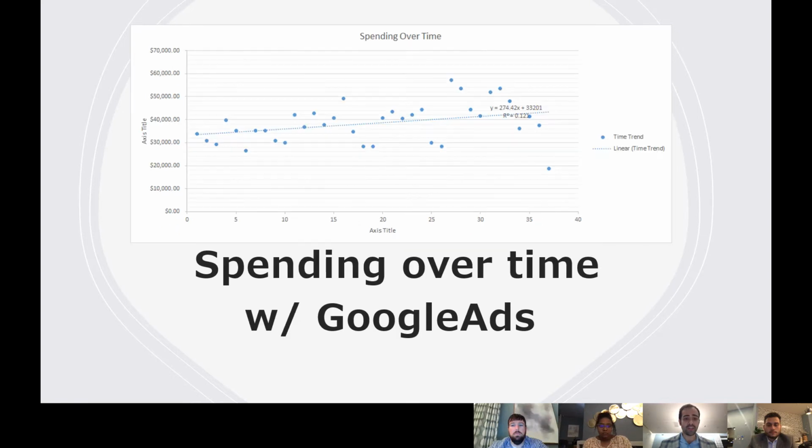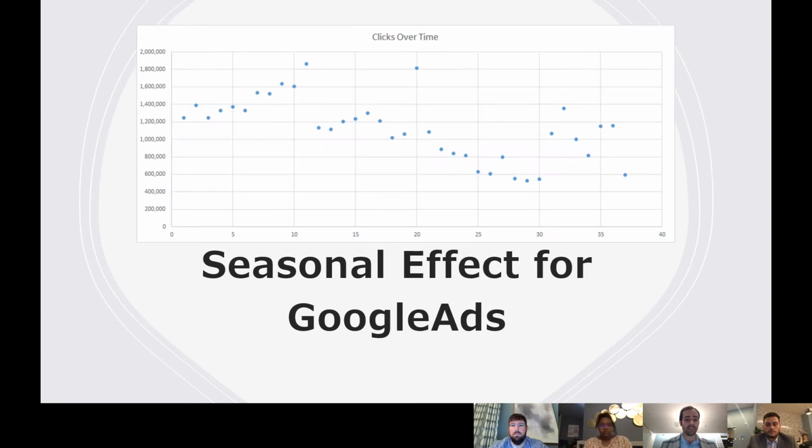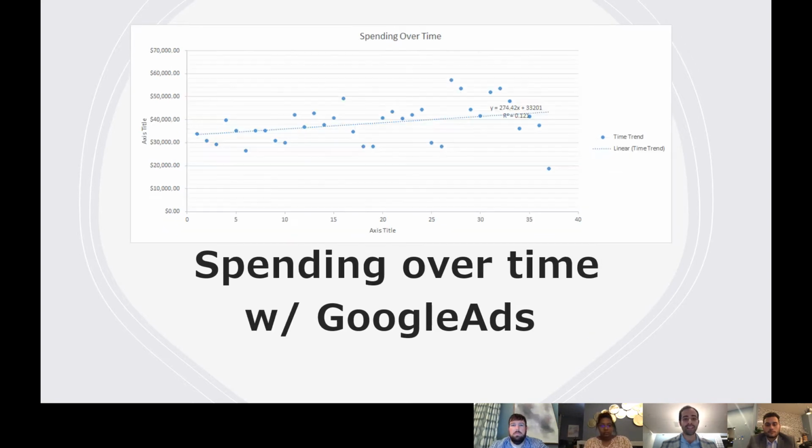This next slide shows the money spent, and it's telling a different story. Again, on the x-axis we have the different months, and here we have the money spent. You can see over time, Life Church is spending more money on average per month, an increase of $274 per month. If you remember the previous slide, clicks are decreasing, but money is increasing. That's not a very good thing, spending more money and getting fewer clicks.